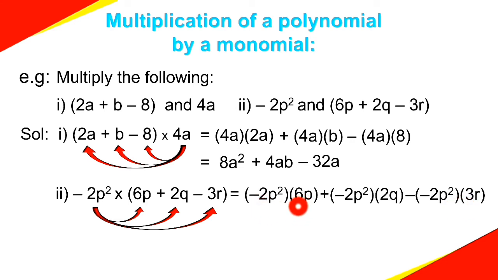Here we can see the constant terms, that is 6 and 2. So 6 2s are 12, right? Minus 12 p power 2, p power 1. It is in our formula, that is a power m into a power n is equal to a power m plus n, means p power 2 plus 1 is equal to 3, means p power 3. Next, plus into minus, minus 2 2s are 4 p square q, minus into minus, right, plus 2 3s are 6 p square r.